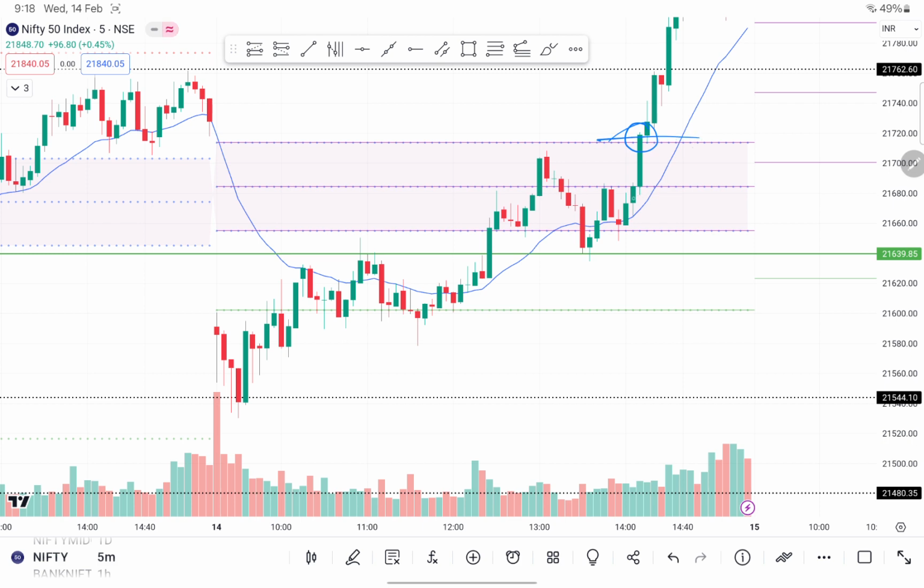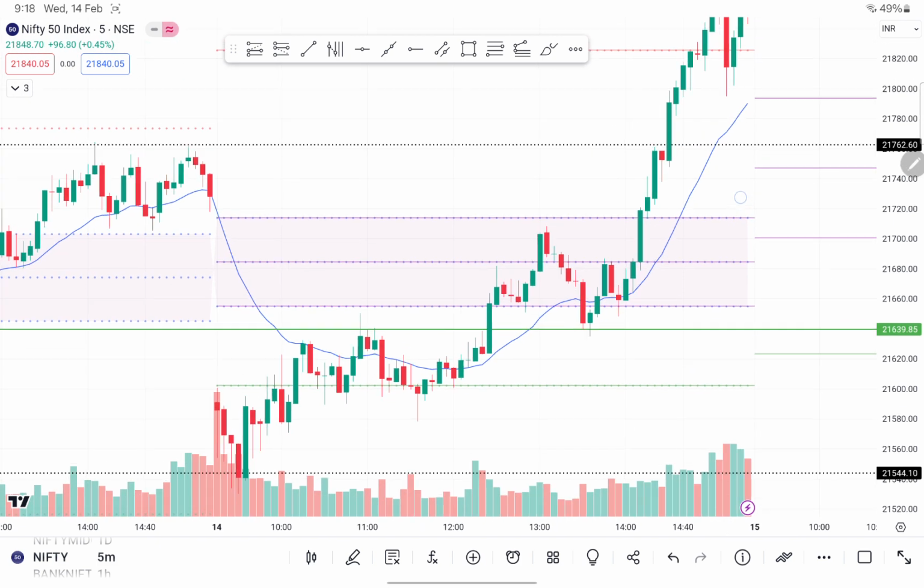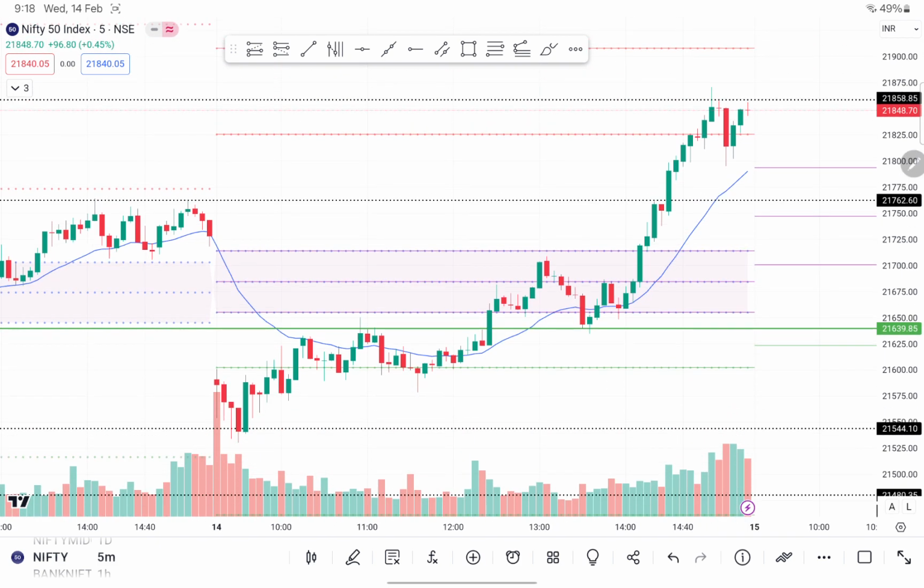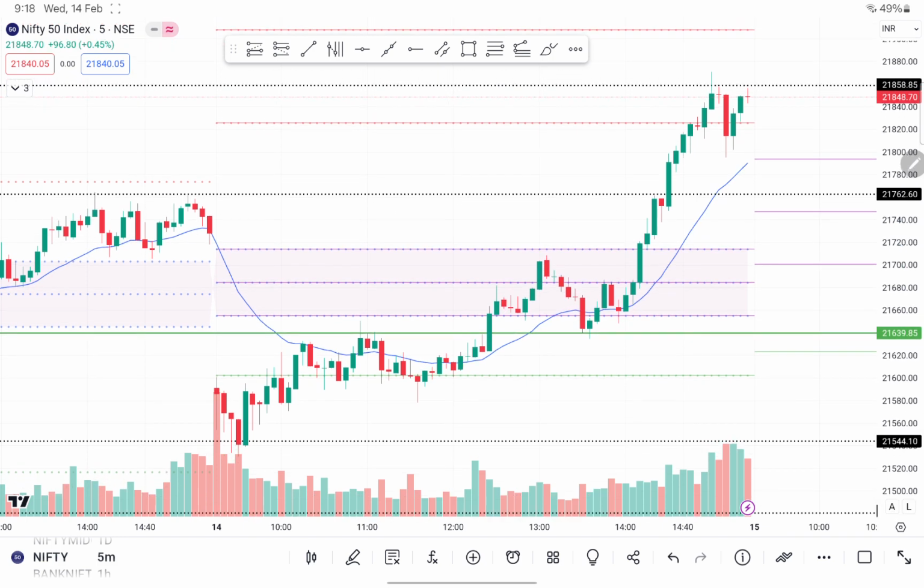Again, if you take a long entry here, keeping your stop loss here, you will get only 1:1. Another reason why we couldn't take entries in Bank Nifty is that Nifty is having continuous wide CPR resistance, so this can reverse and Bank Nifty can also reverse. That is the reason we couldn't take all the 5 entries we are talking about. And finally we had